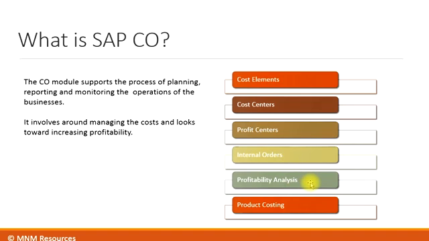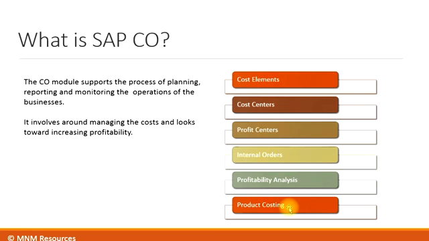Profitability analysis, just like the word says, deals with analyzing the profitability of your products. Rather than just looking at the profitability of each product, you can go into more detail and look at each region, how's your profitability. In each country, how's your profitability. For each customer type, what is the profitability of your products. For each distribution channel, you can decide what's the profitability of your products. And then you can even go into more detail: for this customer in this particular country, in this particular region, how much profitability am I making for my products.